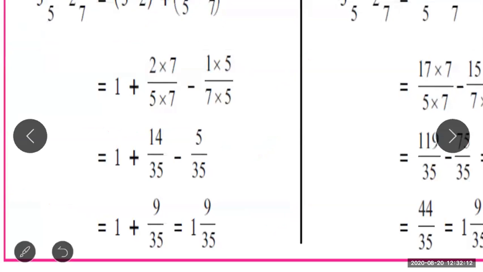I hope now you got a clear idea why and when to cross multiply: when the denominators are not the same and in one table the other number is not coming, that time we have to cross multiply. But when the denominator is the same, that time you have to directly add it. And when the first denominator number is coming in the second table, you have to change the first number only.